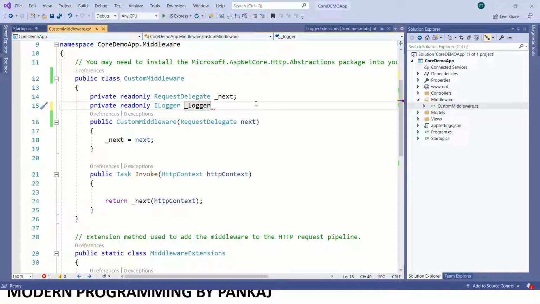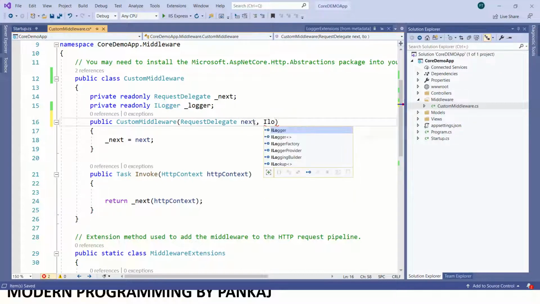Now we just need to pass one more parameter to the constructor, of ILoggerFactory.